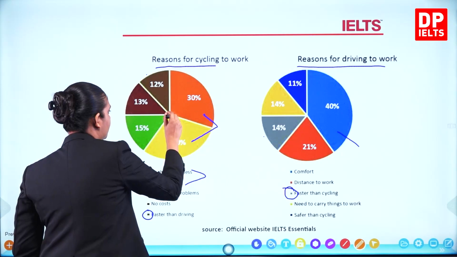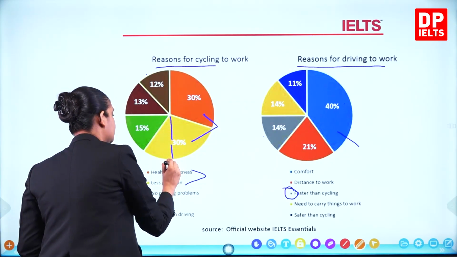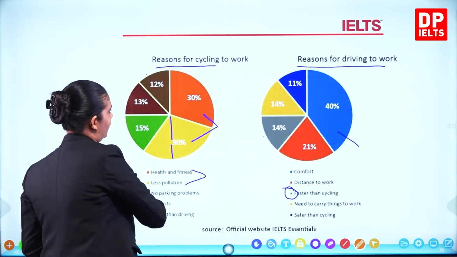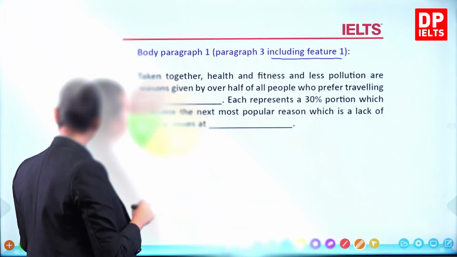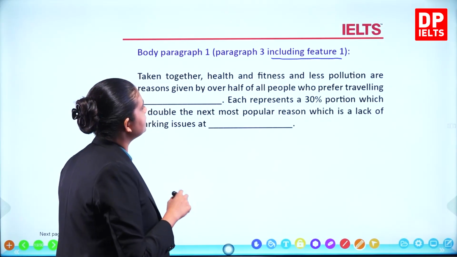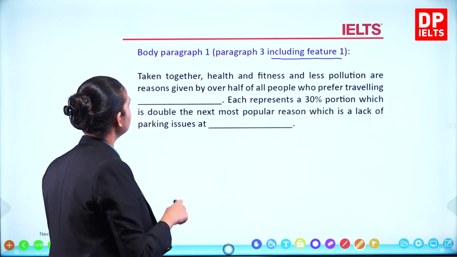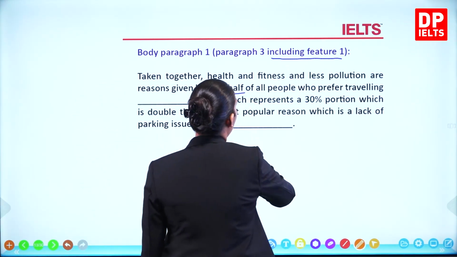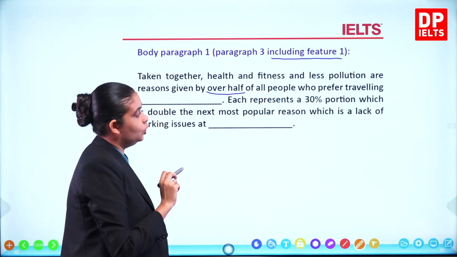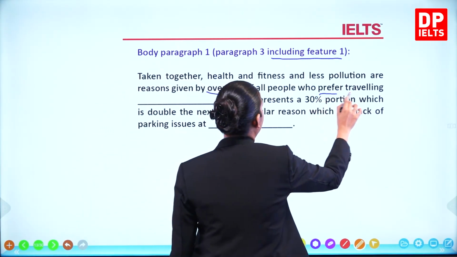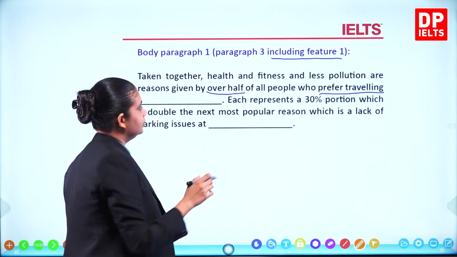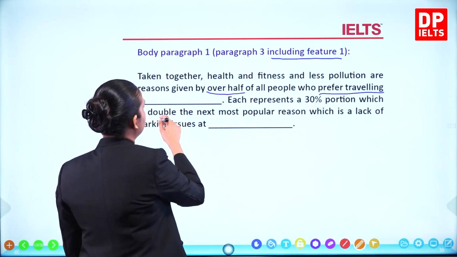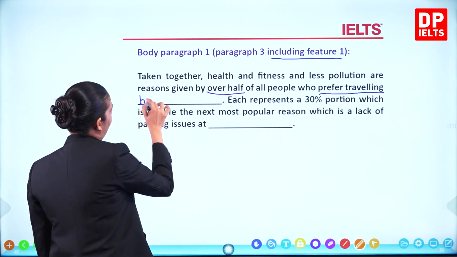So it's more than that. So here it's 50, right? It's more than that. Okay. Taken together, health and fitness and less pollution are reasons given by over half of all people who prefer traveling by what? Who prefer traveling by